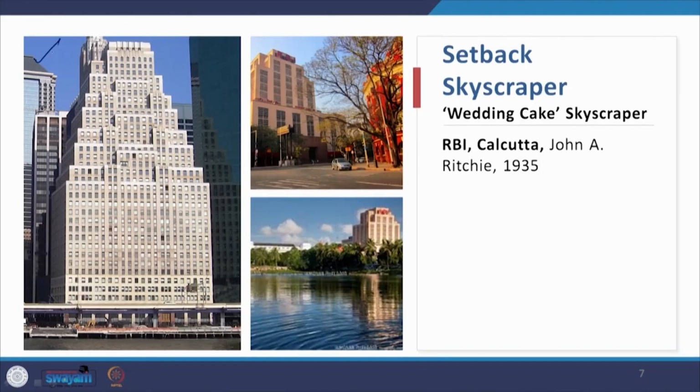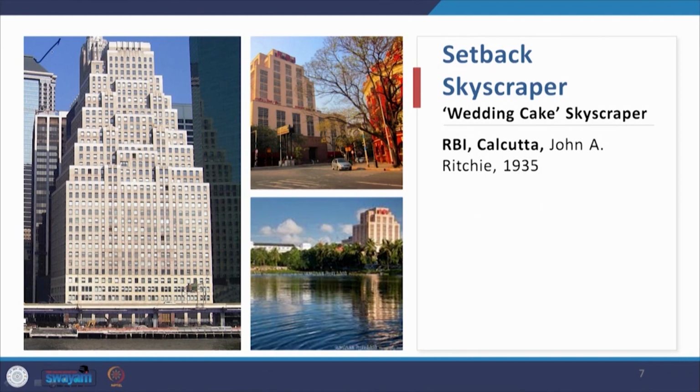This is an example of the setback skyscraper or the wedding cake skyscraper in New York. Now this kind of skyscraper had originated because of the zoning resolutions of New York of 1916. Just before this in New York, just to give you an idea of why this shape came up,